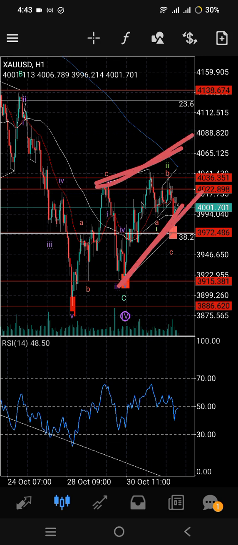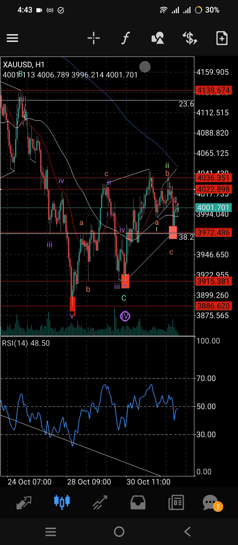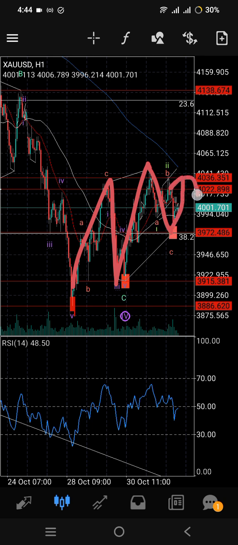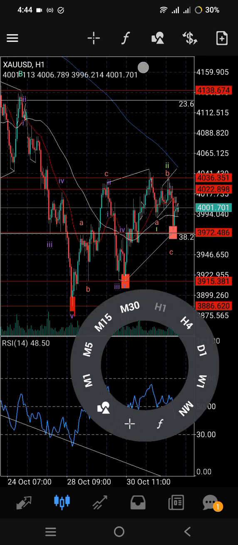I just consider this because let's just say that maybe we bottomed here and then we're working in some sort of diagonal. So if that's the case, we've had 1, 2, 3, 4, we're working for a 5, or maybe we've even completed that 5. Okay, 1, 2, 3, 4. Okay, we haven't completed it. Maybe we could have a little move up, and then we have a 3-wave move down. So that's a possibility. But for now, I'm just going to stick with the counts of 5, 3, and then